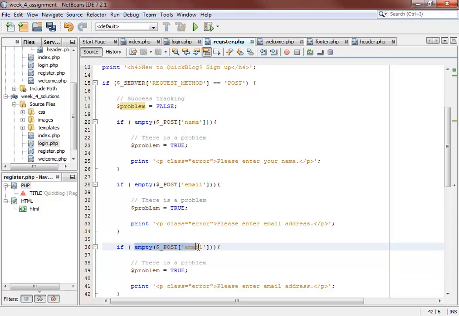And I'm going to say if my post password equals my post confirm, then I'm going to set the problem to true. So I'm going to say if my post password does not match